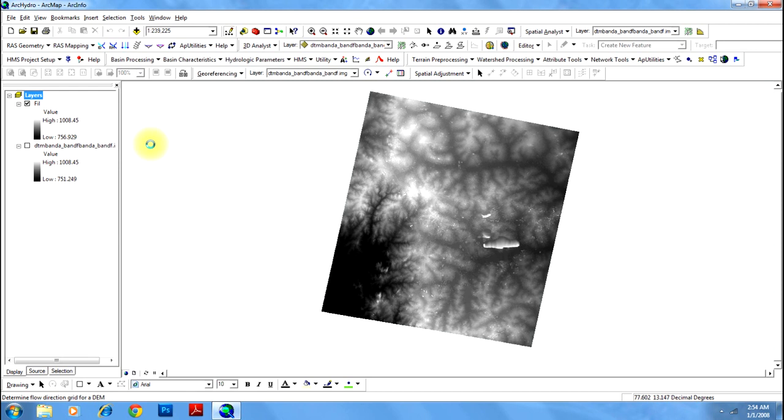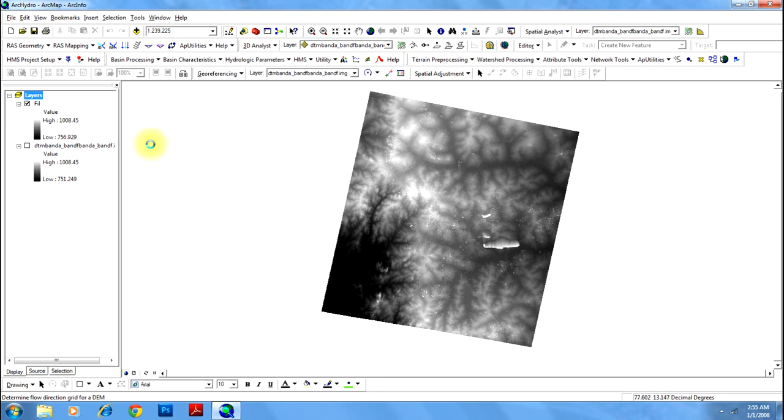Your process for determination of flow direction has commenced. Be aware that every pixel has 8 neighbors, and the water that falls into one pixel has a probability of moving in 8 different directions.